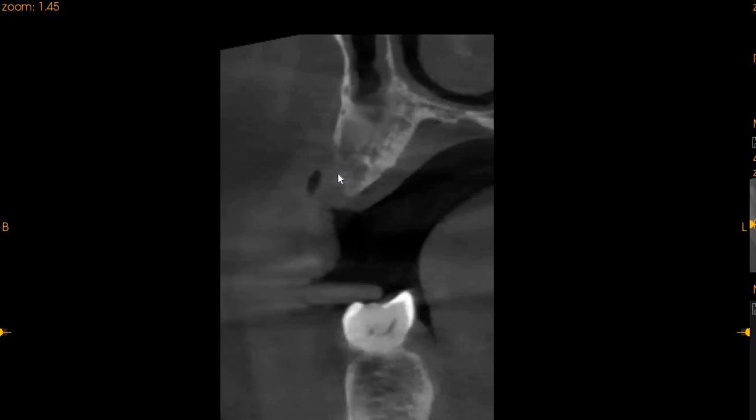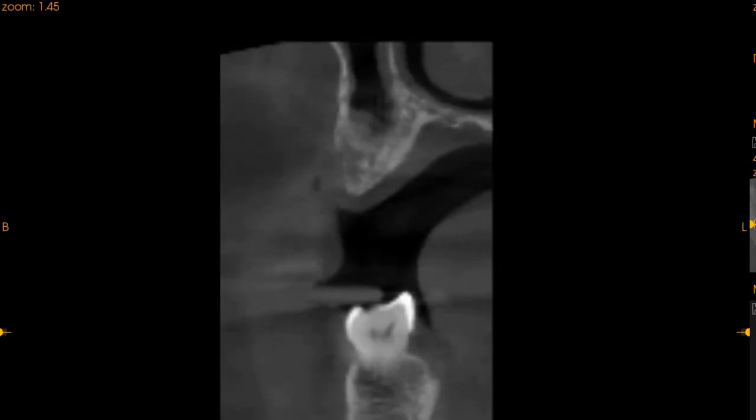But if we are in the premolar region, we can clearly see that we have approximately 4.6 millimeters just below the crest of the ridge, and the height to the sinus floor is approximately 8.6 millimeters. Moving to the molar region, we will be able to see that the ridge quite significantly reduces in its